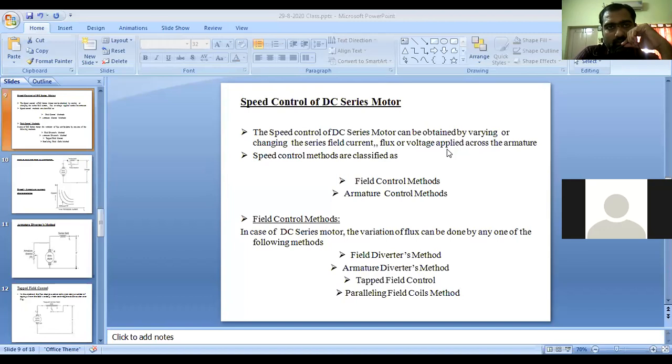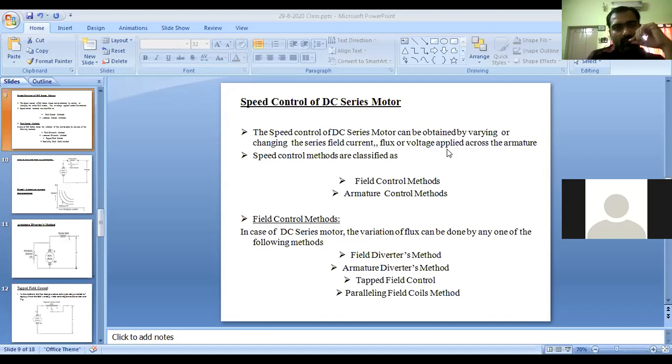Why are they categorized this way? Whatever control is made at the side of the field of your motor is kept in the category of field control methods. Whatever terms concern armature current and armature voltage are controlled at the armature side, so the methods used there are categorized as armature control methods.